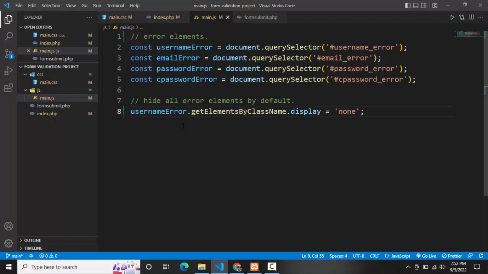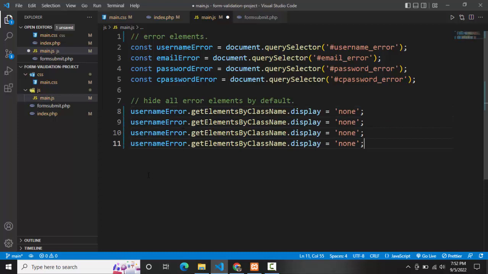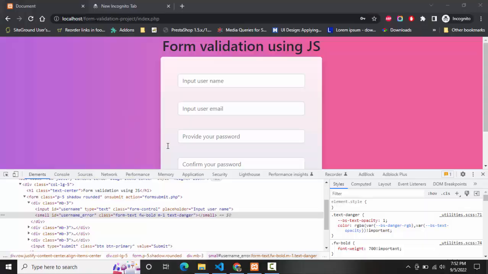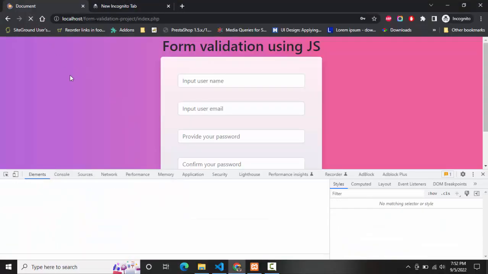Again we can do it in so many ways, but this is the easiest that I think of. And I'll repeat that line 3 more times, and I will just hide email error, same way, password error, same way, and finally C password error. So this is how you can hide things. Okay, so after that, now if we save and if we go back and refresh our page,